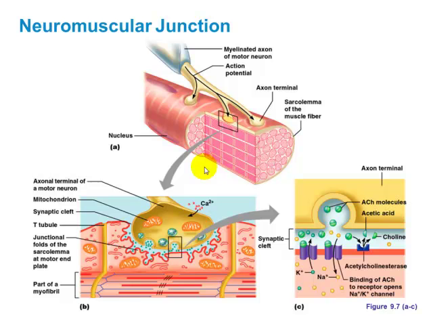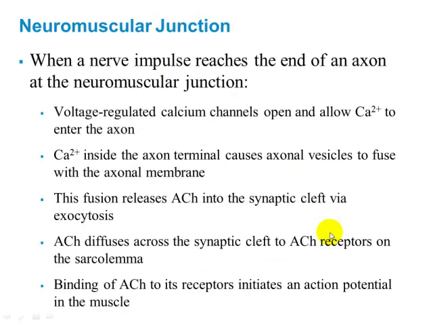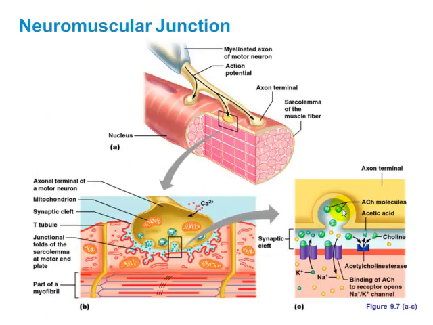Now when this acetylcholine gets released, it's going to make its way across that space, that synapse, to the plasma membrane of the muscle cell. Now if we focus in on this last part, this is showing us a close-up of the exocytosed acetylcholine. These green circles are representing acetylcholine. They're going to be released, and when they get released, they're going to